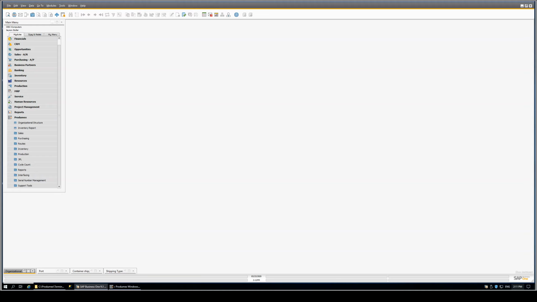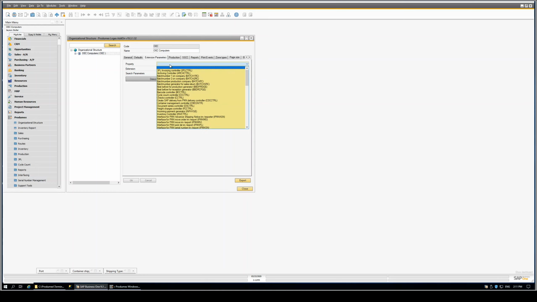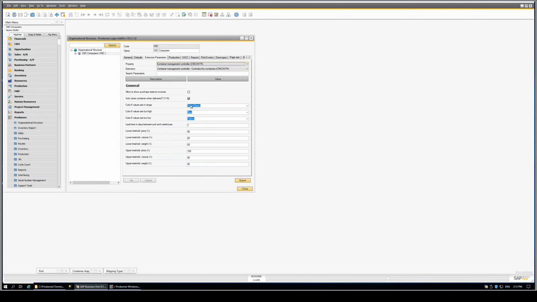We'll start our presentation on Produmex WMS container management by launching the organizational structure and looking at the core configuration of the system. To do this, we're going to first select the company and then select extension parameters. From there, we'll select the container management controller. The container management controller gives us the core choices we talked about in the introduction. Do we want to